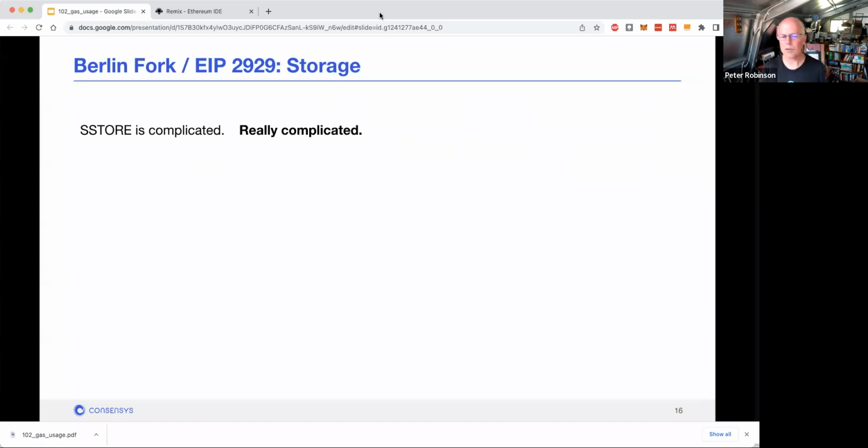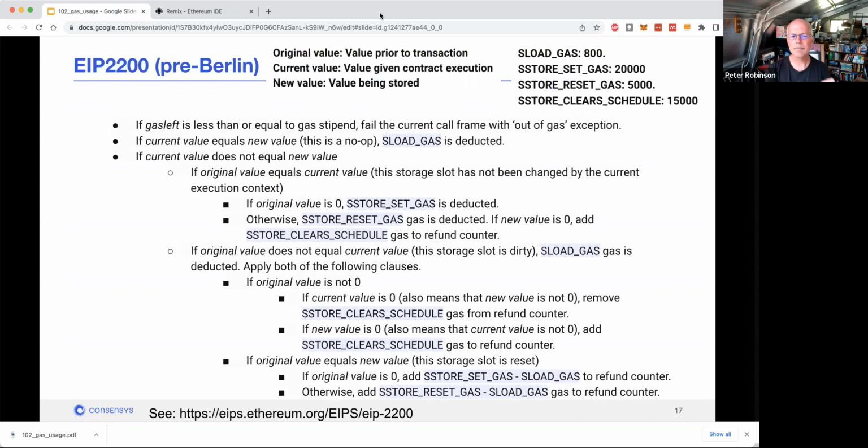And then SSTORE, well, I'm going to put it out there that SSTORE is really, really, really complicated. When EIP 2200 came in, which was a pre-Berlin fork EIP, you had this algorithm for working out how much gas should be paid when you're storing a value, and I'm going to work through it. The first if is essentially, are you out of gas? So let's forget that. So if the current value equals the new value,